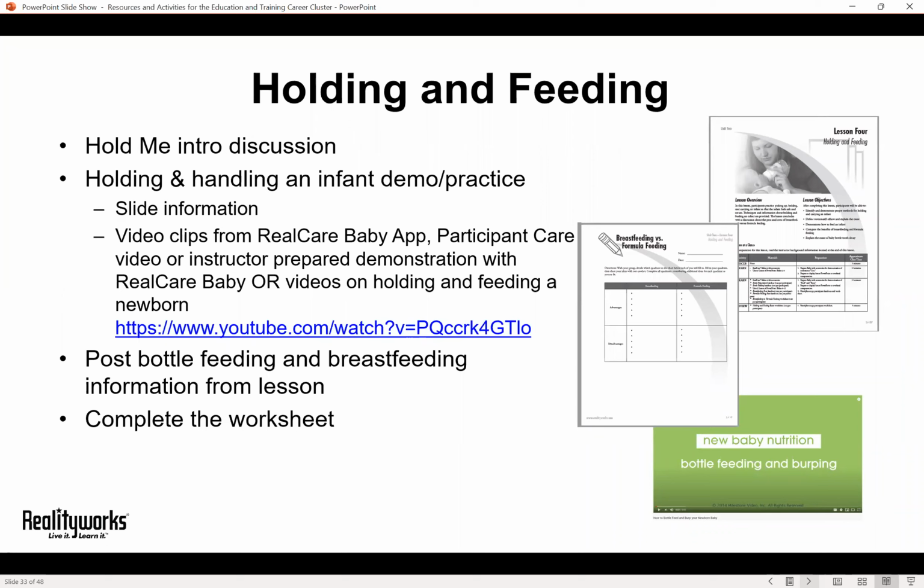There is a ready-to-use slide presentation that's also available to you in that lesson. And then we would also suggest that you use video clips from our Real Care Baby app, which is a free app for Android and iPhones that has video clips of students doing care events with Real Care Baby. One of them is how to hold and handle a baby. You could also use the free participant care video that you have access to that shows students holding Real Care Baby. Or there are even holding and feeding a newborn videos that exist on YouTube. There are many of them. Here's just one link that I found